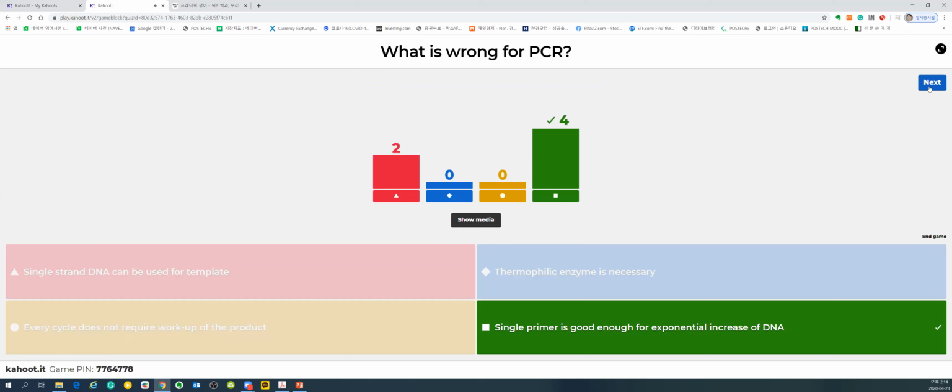Okay, let's just think about the first point: single-stranded DNA. If your template is only a single strand, now you have a primer. The primer is attached to the right position, and the first-step product is double-strand DNA, isn't it? Once that first step is done, they can be dissociated, and then each strand can be used as a template, correct?